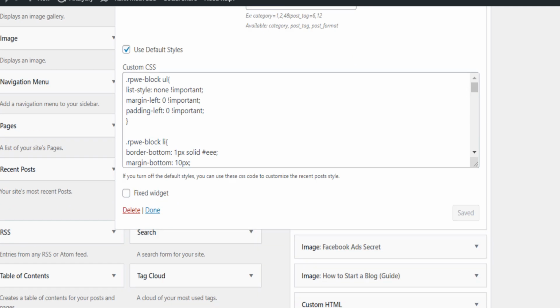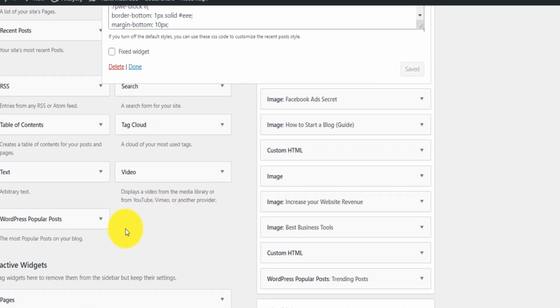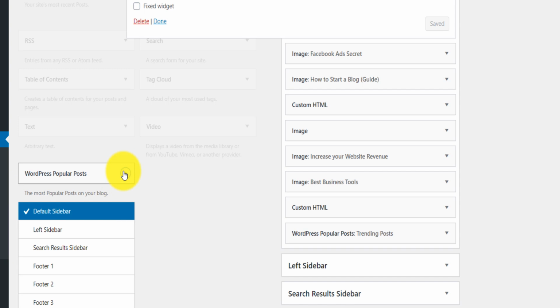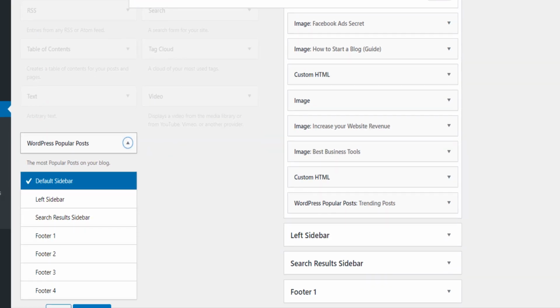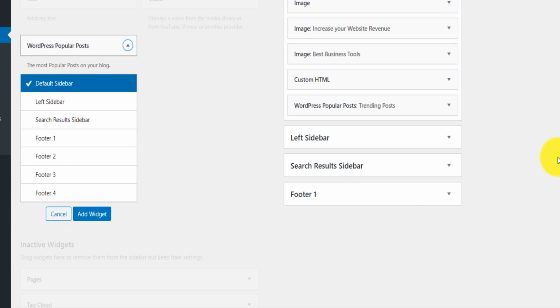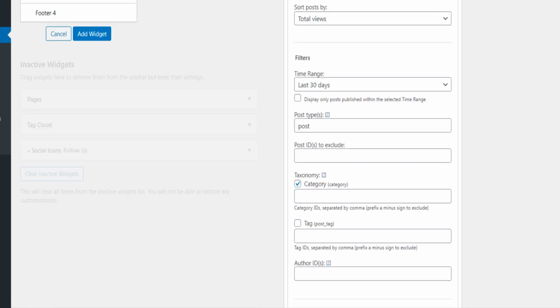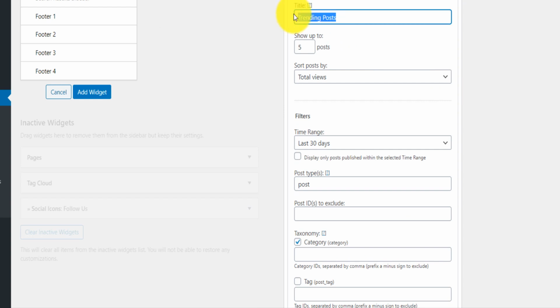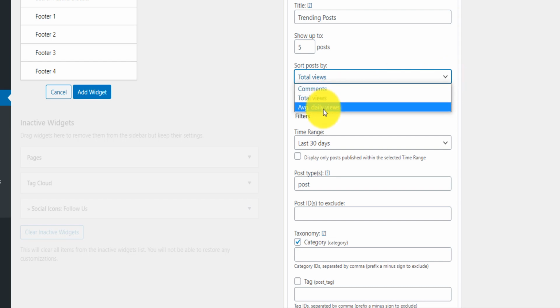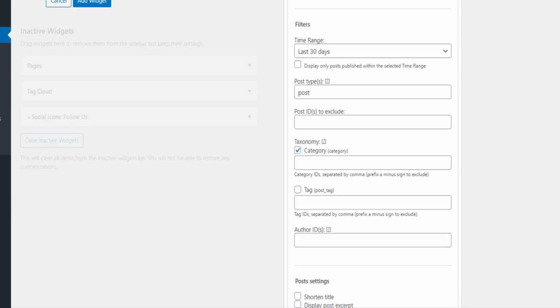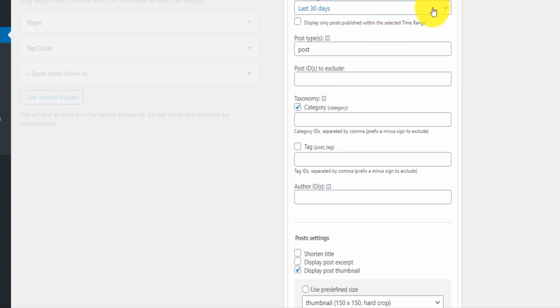Now for the WordPress Popular Posts, this is the widget here. You can simply drag that and put that anywhere on your sidebar, or you can just simply click here on add widget to sidebar, and this is how it's set up. You come here on the title, maybe you put here popular posts or trending posts. Here you select your 5 popular posts, and then the popular posts by total views or average daily views. Now I go for total views, and then here in the last, you can select the range,